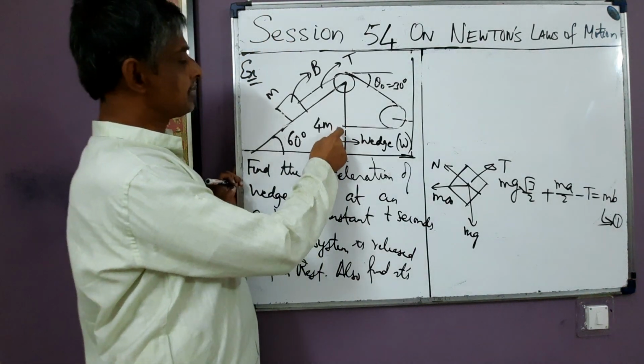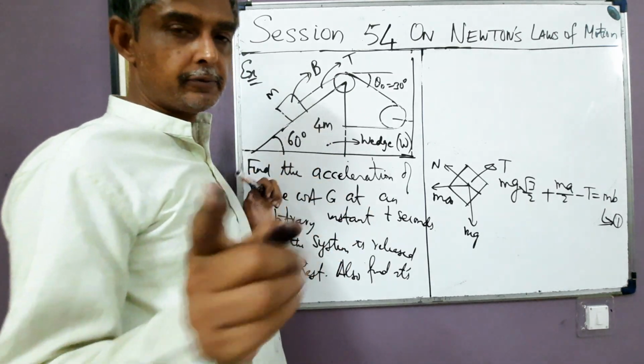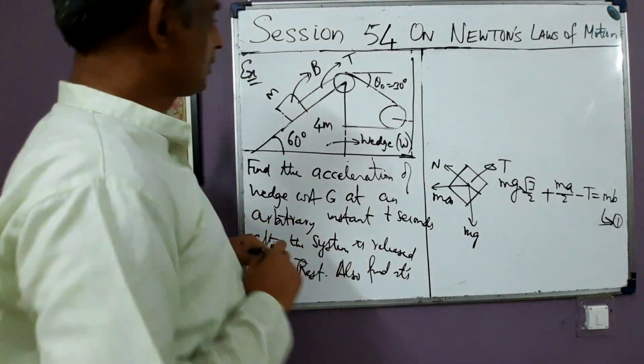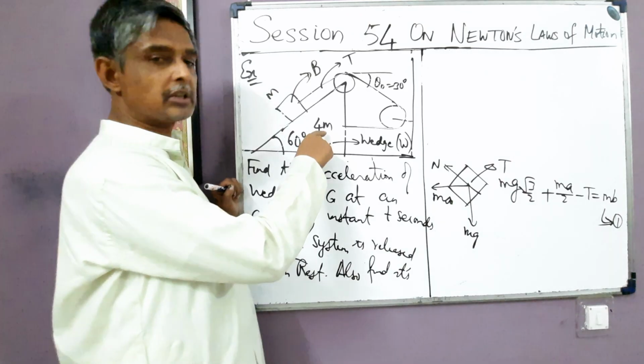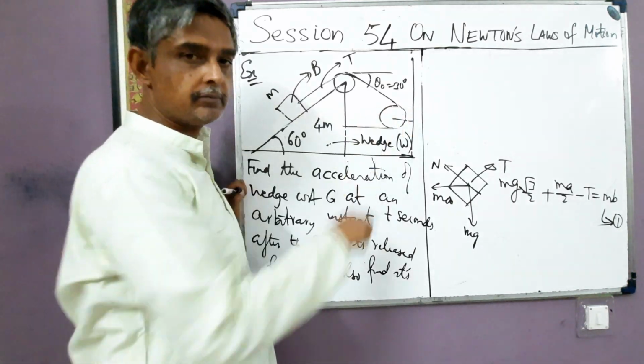Only real external forces will appear on the system. There will be no internal forces, there will be no pseudo forces. So, to write down the combined equation of wedge plus block in this direction, I'll draw